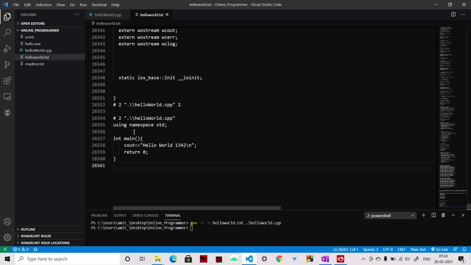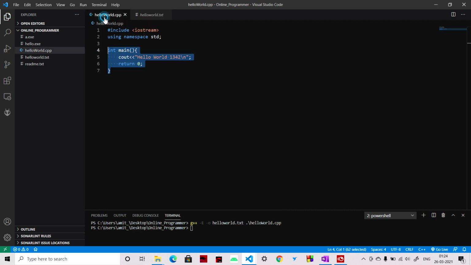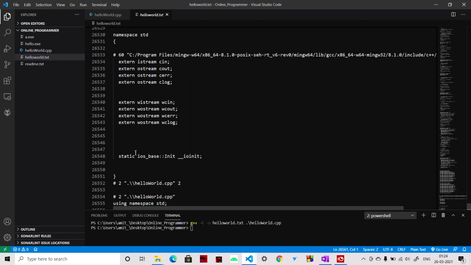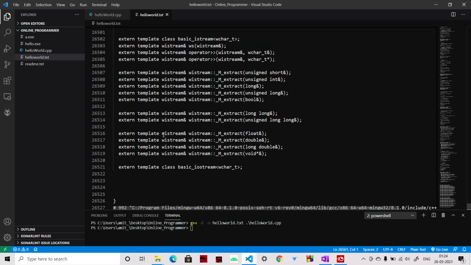That we will see later as we move on in this course. For now just understand that since you have included this iostream file, many functions are getting included.